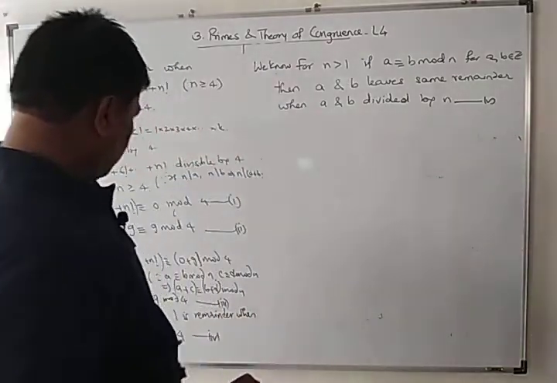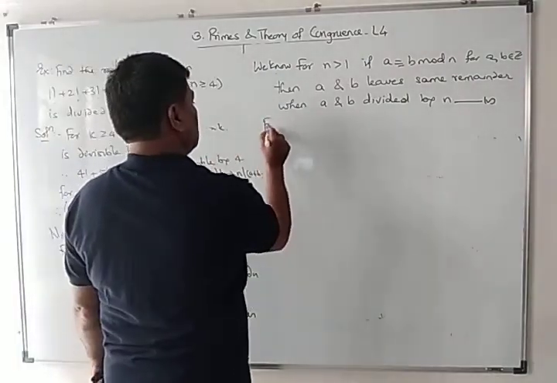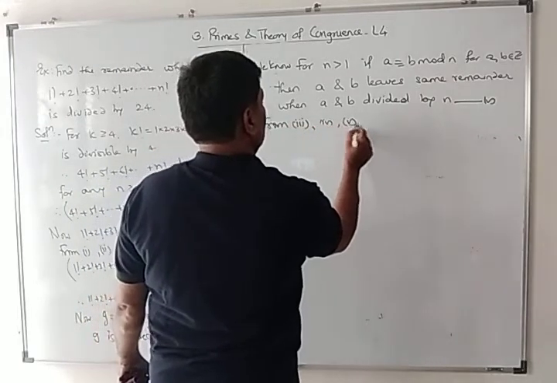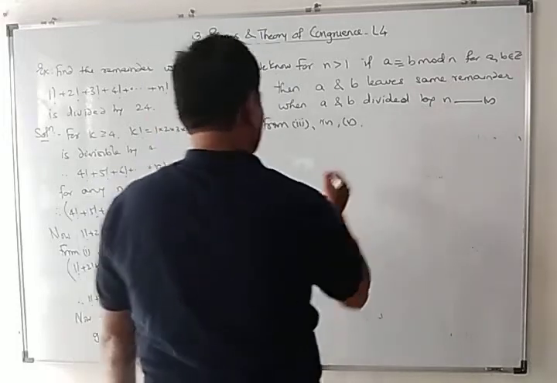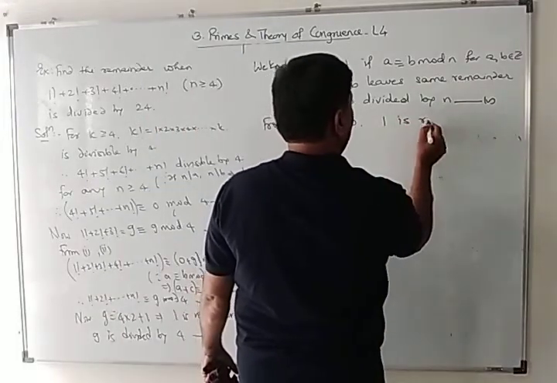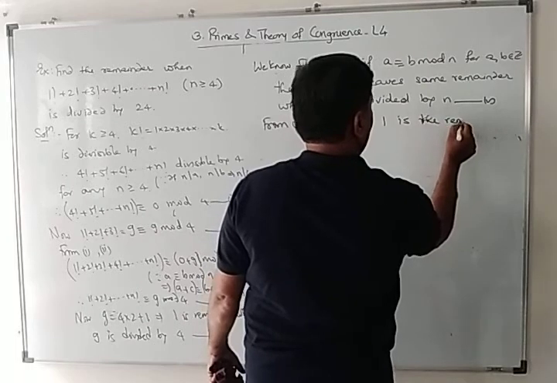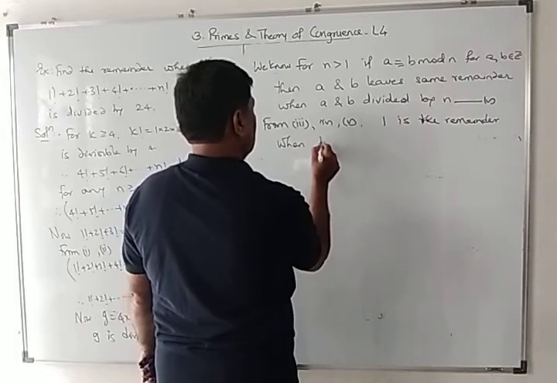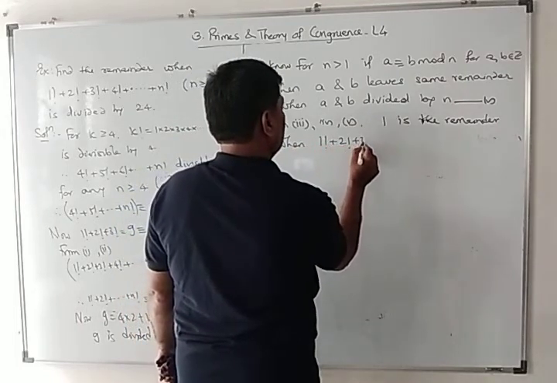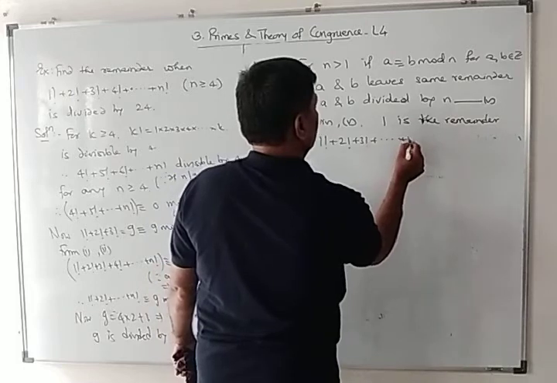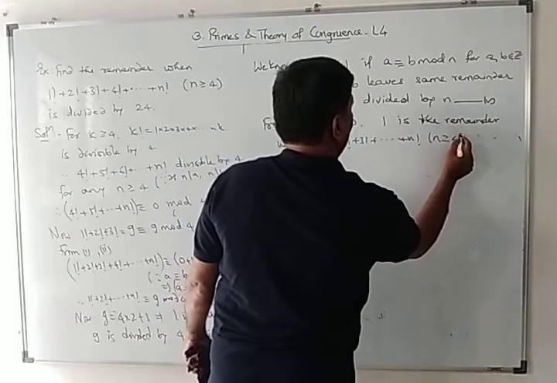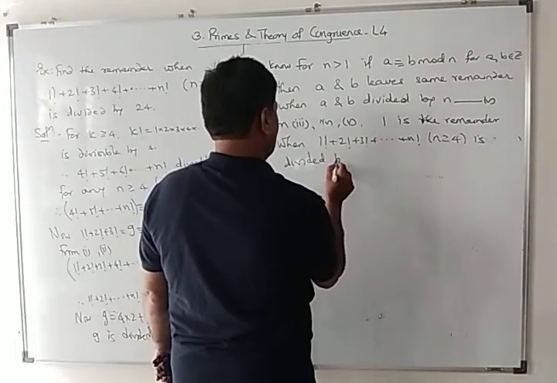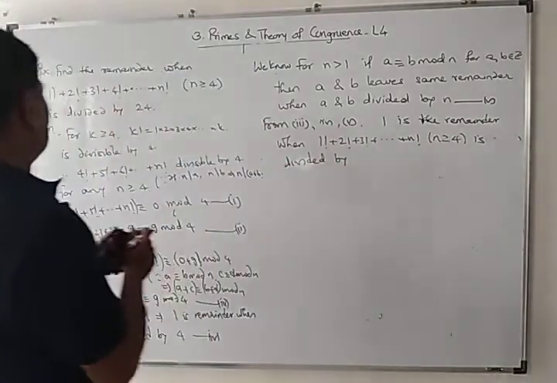So from 3, 4, 5, 1 is the remainder when 1 factorial plus 2 factorial plus 3 factorial plus, up to n factorial, n greater equal 4 is divided by 4. Sorry, here